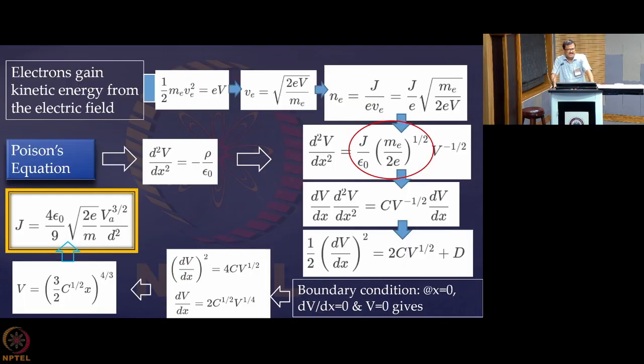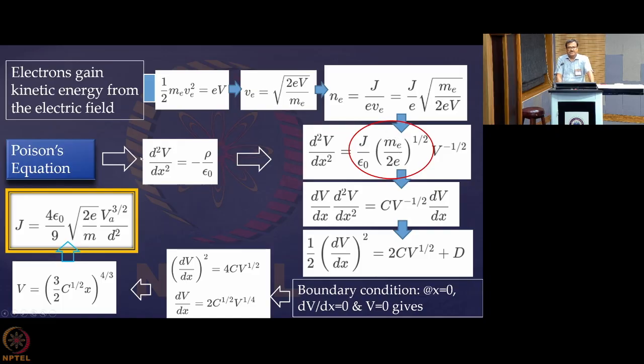So the derivation is very simple. Through the potential drop in that region, the energy gained is eV, and that is causing the velocity of the particles. Here I am considering the electrons, and for the sheath region you should consider the ions. So here you get a relationship between the velocity and the voltage applied. From there you get your number density, because J = nev, so n = J/ev.